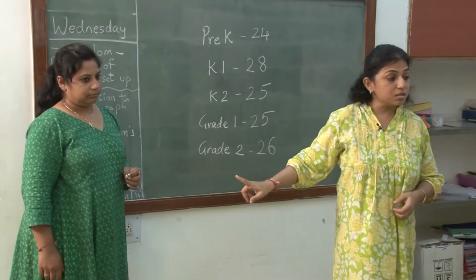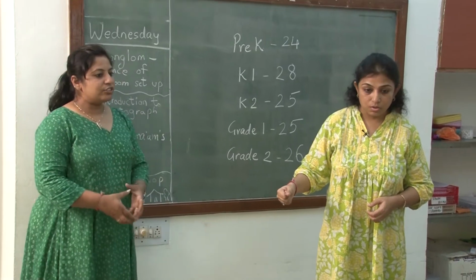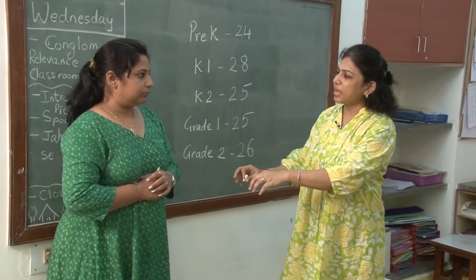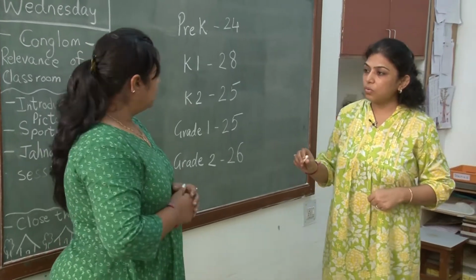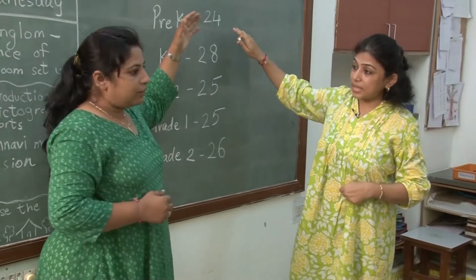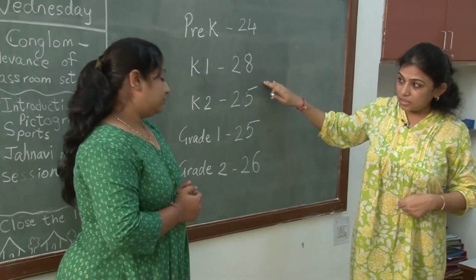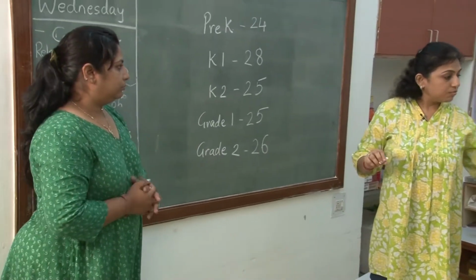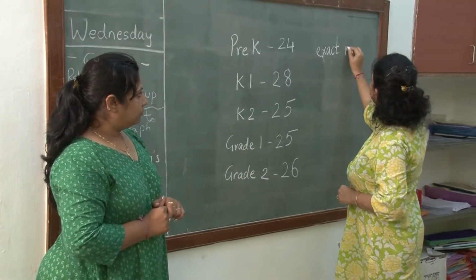Okay. She wants the pencils in a way that it is fast for her to count. I have to just give it to the grade. They may give you 10 or they may give you 15. No, I don't want 10, 15. Then how do you want? I want the exact. You want the exact number according to each grade. Okay. So let us find out what we need to do from this. We need the exact number.